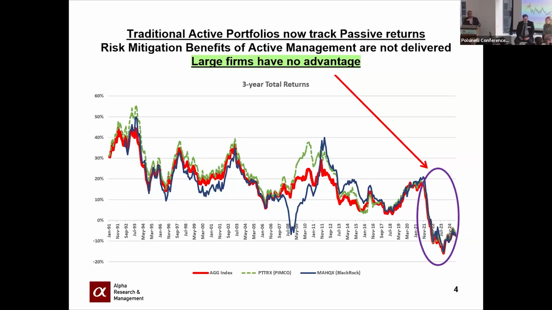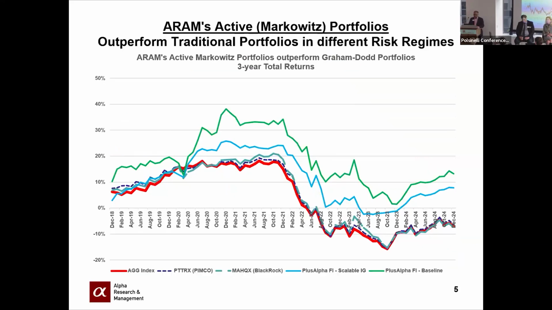So now we see Vanguard reducing fees. At the same time, they're issuing active funds. This is contradictory. Reducing fees is what you should do with all these active funds because they don't deliver.